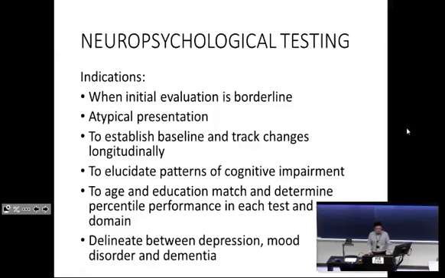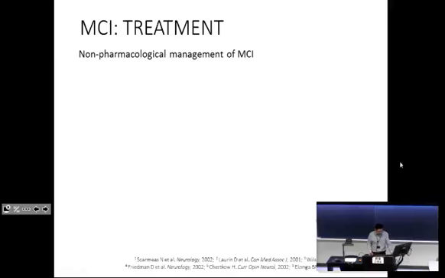And sometimes we do it because we want to establish a baseline for an individual who has a high risk. They have, let's say, 2 parents who both had late onset Alzheimer's disease, and 3 out of their 7 siblings, all 3 of them older than them by a few years, have memory decline and or actual diagnosed dementia. These are people who are very high risk. This is someone that you may want to do this testing on, even if they just have very, very mild symptoms. So that's what we use neuropsych testing for. It tends not to be available.